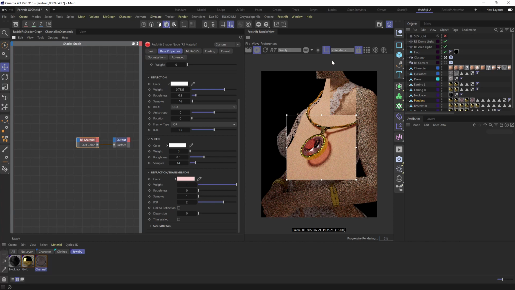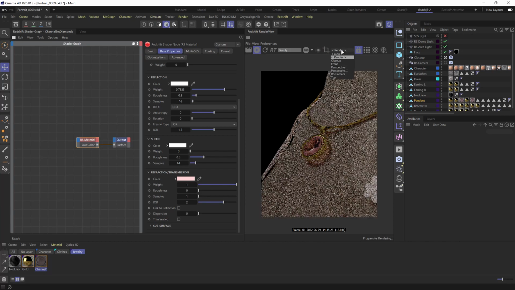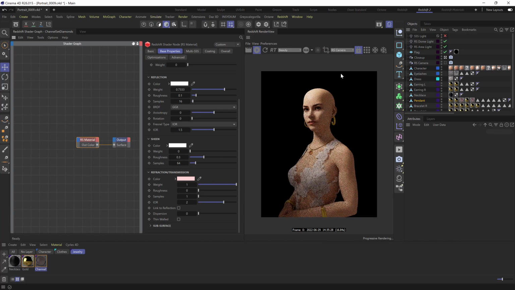disable the render region, and switch back to our main camera. And we'll do another bucket render. And I think those materials are looking good now. So let's fix this bracelet and tidy up the dress geometry and move the necklace a bit closer to her body. So let's disable bucket render, and we might actually just turn this off for now while we work on